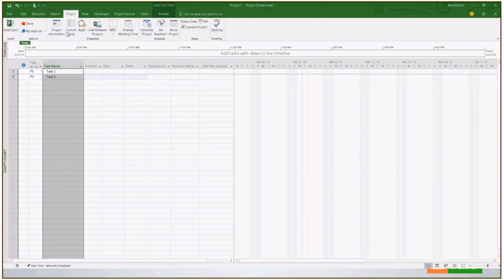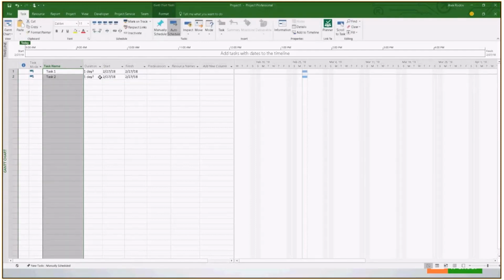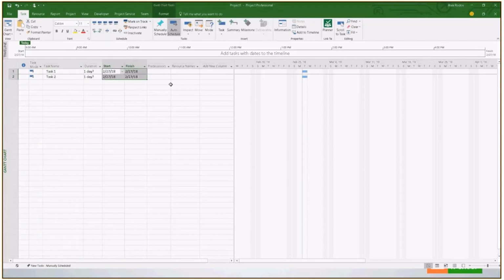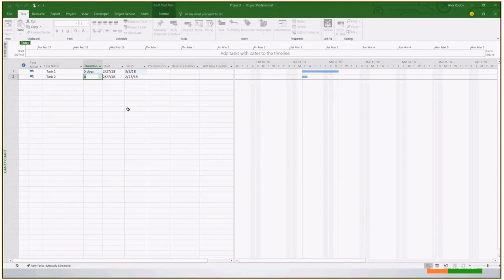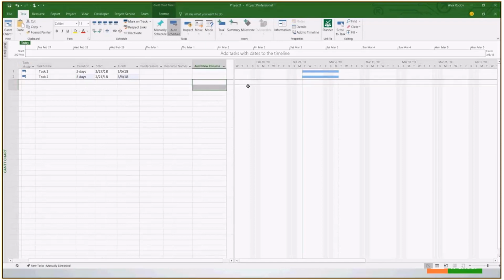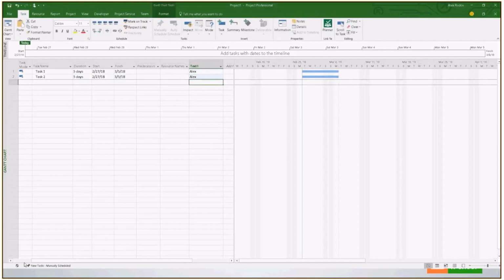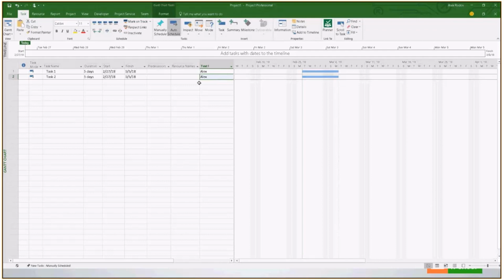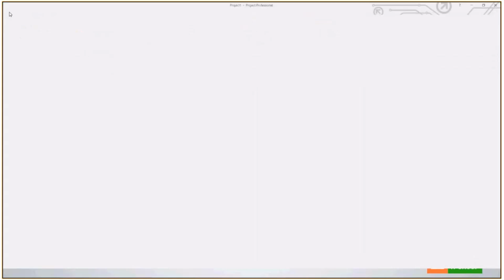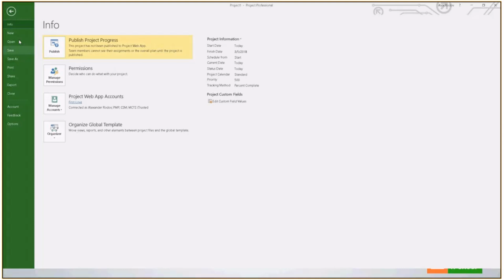And I make it all auto-scheduled, so I do have this information like start and finish dates. Let's make it 5 days each, and I'm going to assign a resource. I'm going to assign Alex here, and Alex here. All right. So now, obviously, because I assigned Alex for these 2 periods, this whole thing is over allocated, and the reason for this is